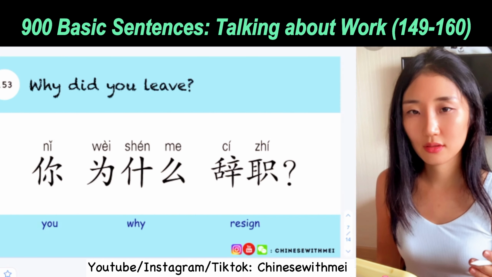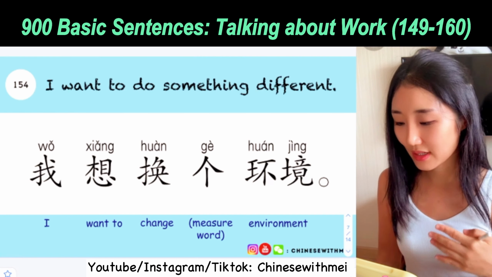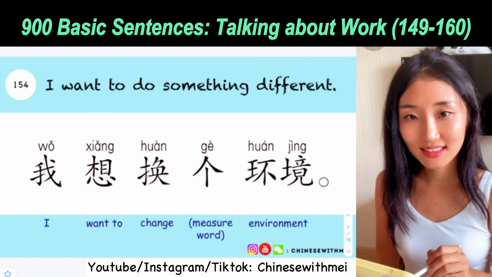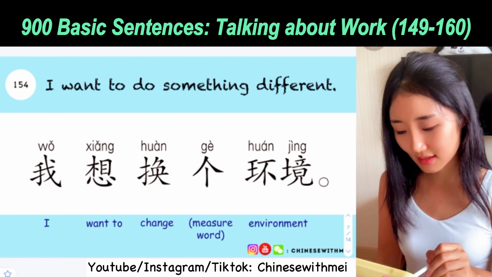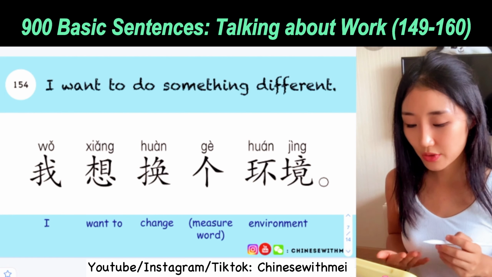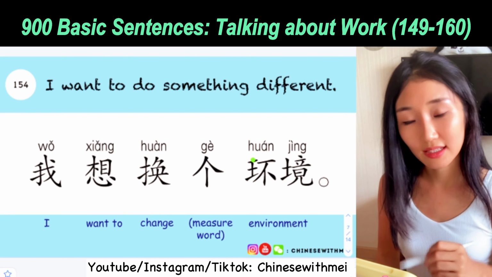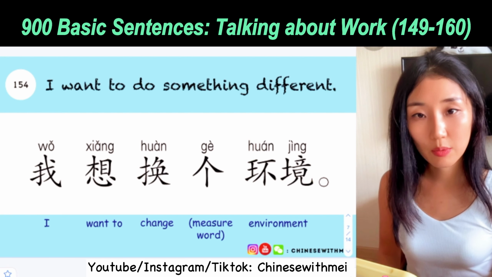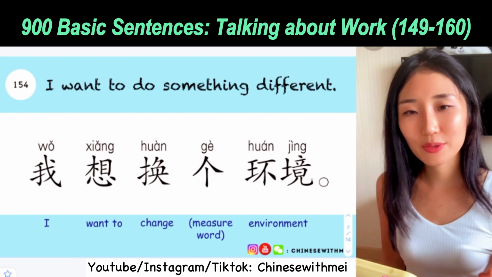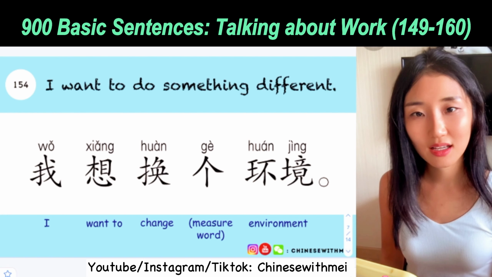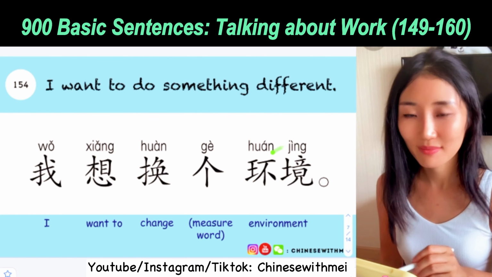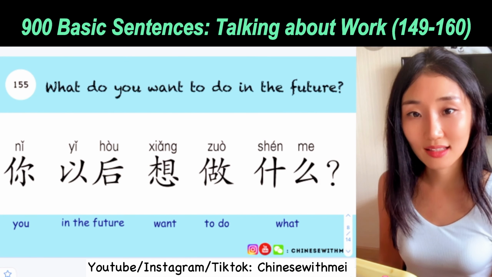And usually you can say, well, I want to do something new, or I want to do something different. So you can say, 我想换个环境。我 means I. 想 want to. 换 to change. 个 that's a measure word for environment. 环境 the environment. So 我想换个环境, I want to change the environment, which means I want to do something different. In Chinese, usually we don't say, I want something new, I want something different, in a direct way. We can say, I want to change into a new environment. 我想换个环境。